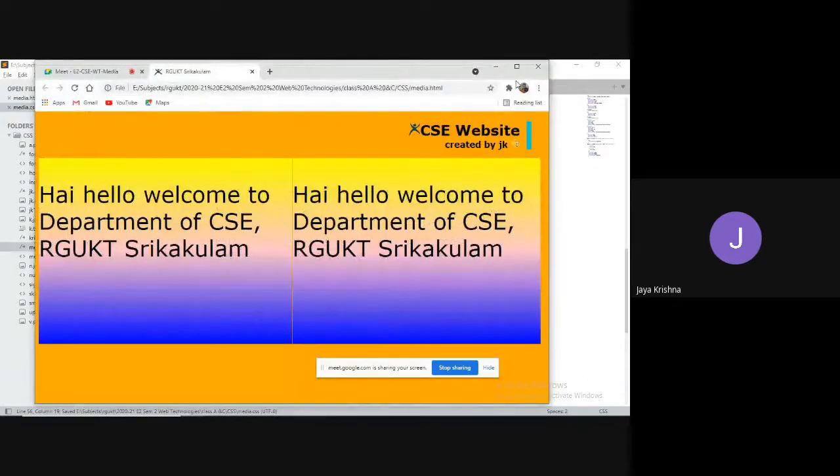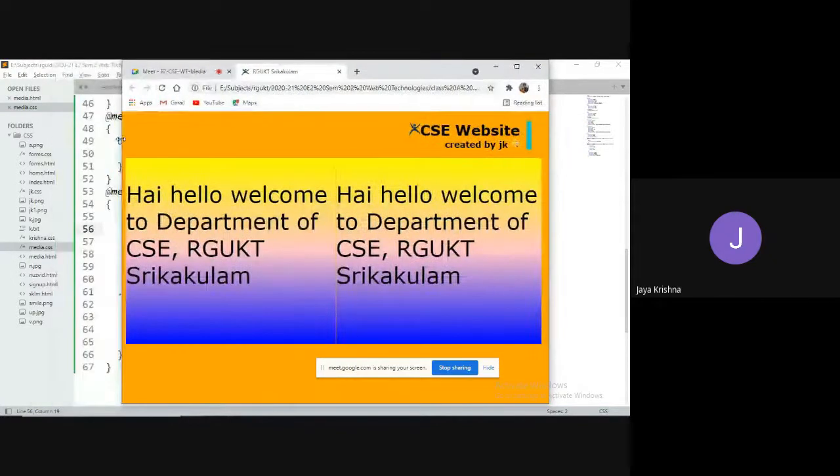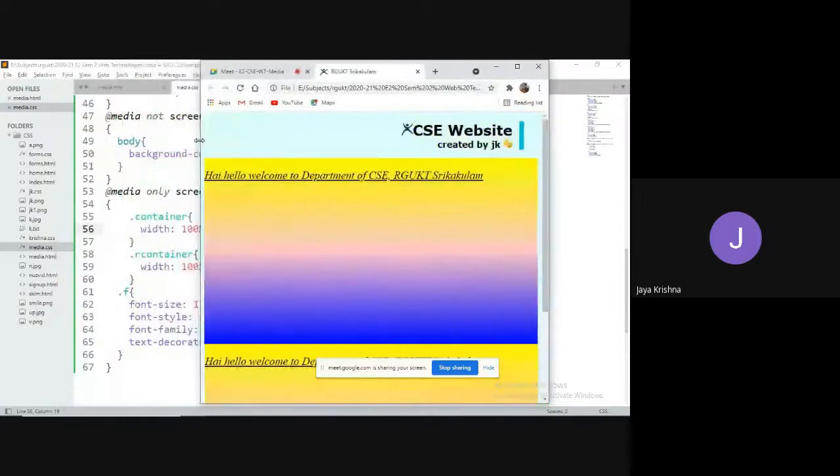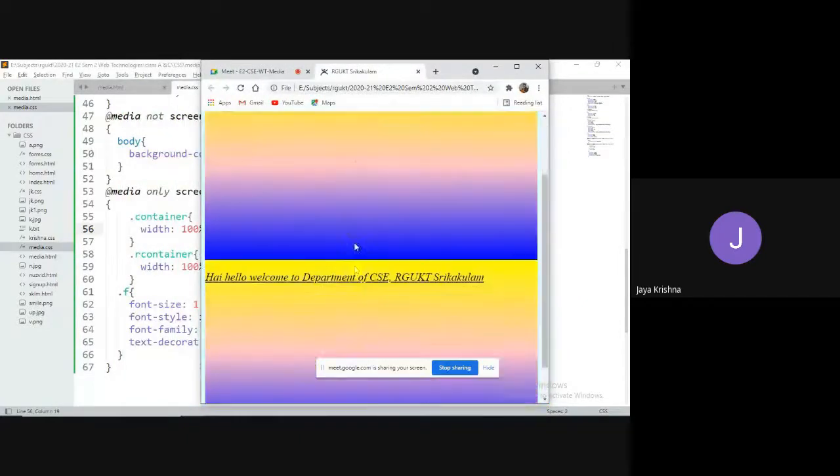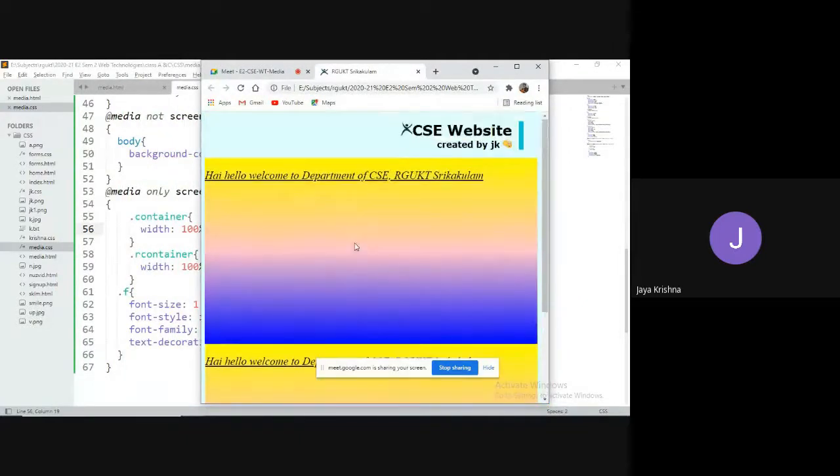I refresh, so there is no problem at all. If the width of the screen is gradually changing, what will happen? They are automatically adjusted to the next line. That is the thing that we can do with the help of this. Meaning that in mobile, instead of getting the data in a condensed manner, I can give space by moving my text to the next line.